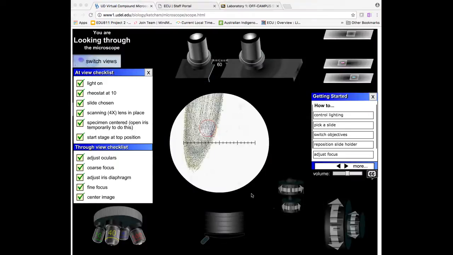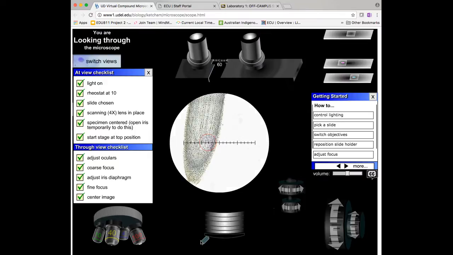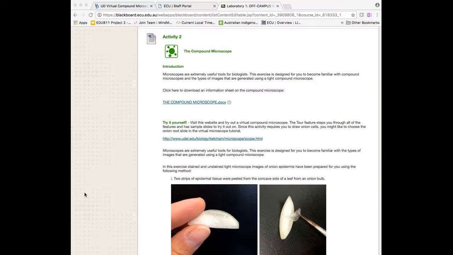Looking through the microscope allows the learner to again make adjustments according to the checklist on the side. Here is an example of the microscope being used in a laboratory activity within a biology course focused on the origins of life. There are several steps and tools in this activity, but in the first instance the learner is